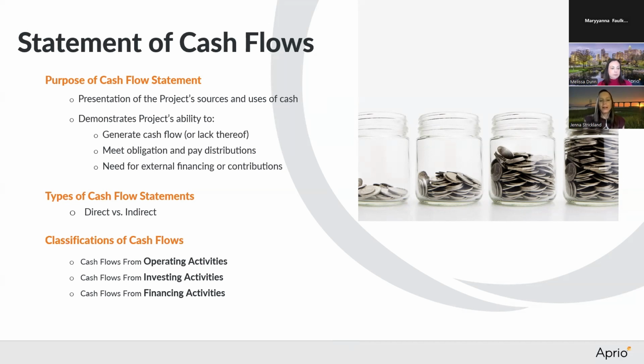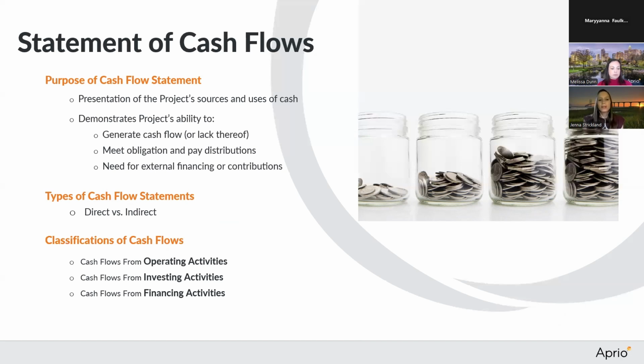We've talked about how the cash flow statement is really going to talk about the cash coming in and the cash going out and what it means. First off, you want to see, is this property able to generate cash or not? That's the bottom line: is this doing well or not doing well? We'll look at an example, but for generating cash flow, you really want to look at the operating activities, the day to day, what's going on. Are you able to generate cash flow? If you're not, that's often a red flag.